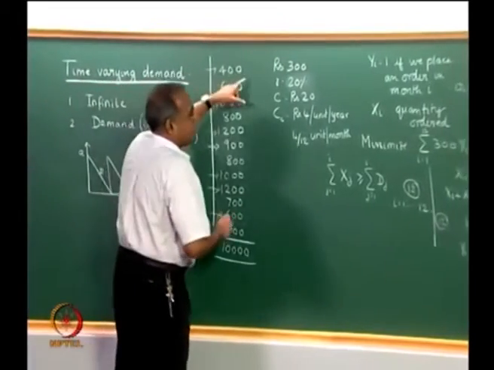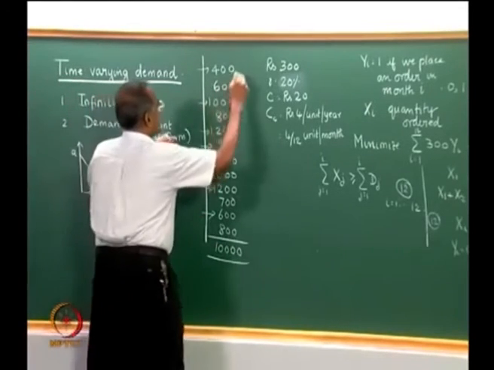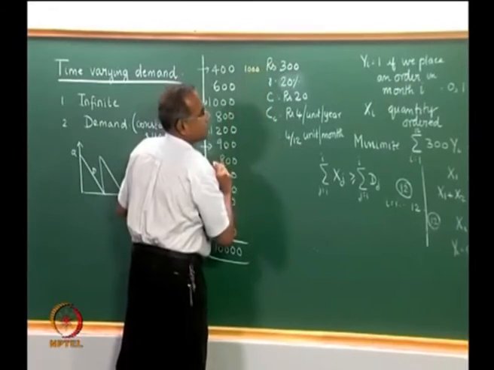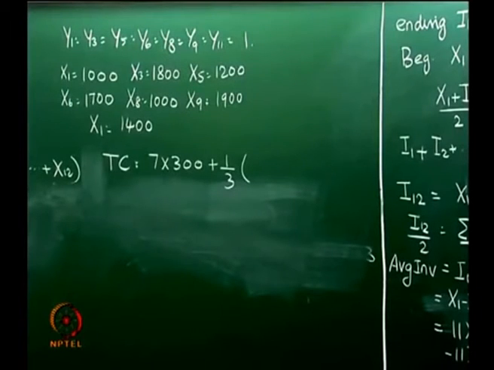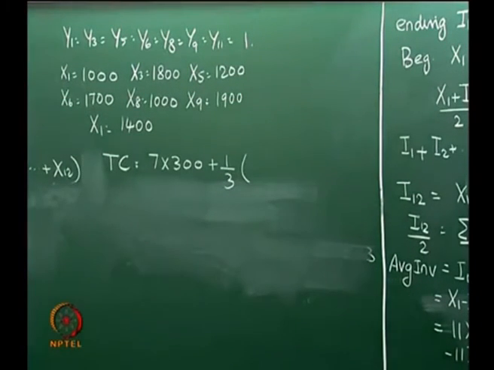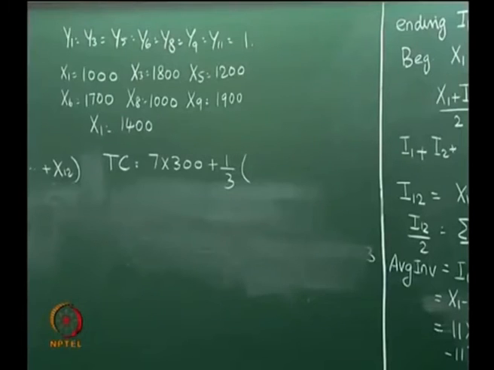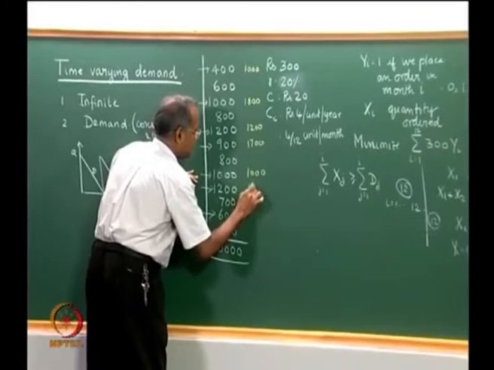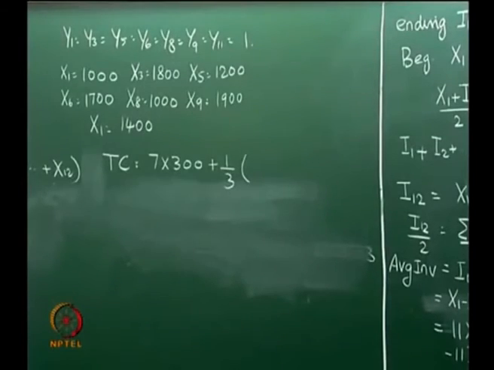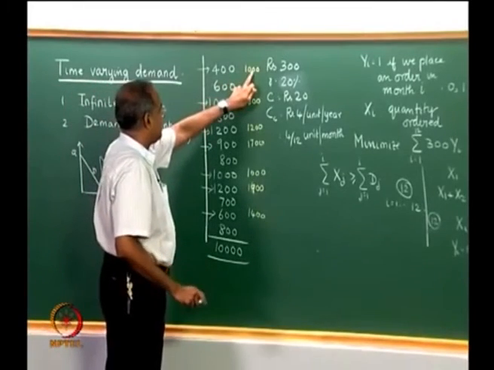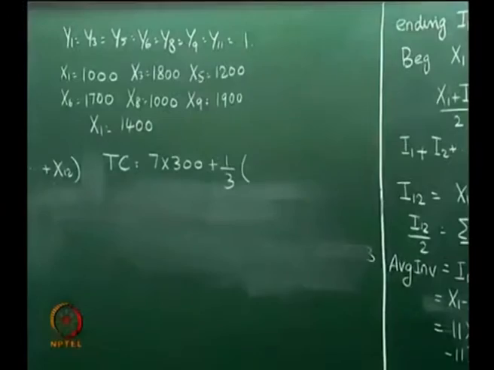So let me write down the points what we order using a different color, perhaps yellow. So we will have 1000 ordered here, Y3 is 1800, this is 2100, I am sorry 1200, 1700, 1000, 1900, 1400. So first month beginning inventory is 1000, ending inventory is 600, so 1000 plus 600 divided by 2 is